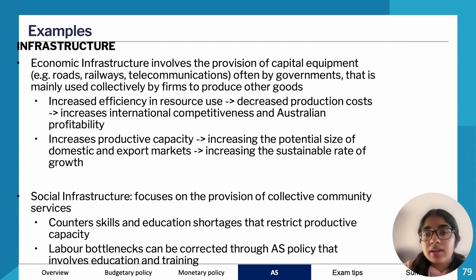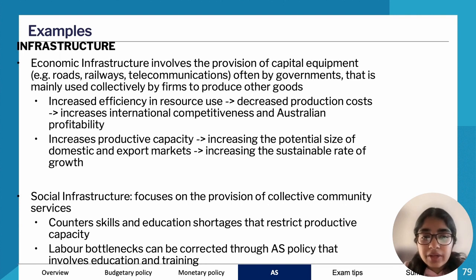So a new road connecting Melbourne to Sydney that reduces the travel time would make transport very efficient. Again, it helps make it more efficient. It decreases production costs. Let's say you're having a driver deliver goods. They're driving on that road from Melbourne to Sydney, and it now takes less time. That means you can also pay them less, so you reduce production costs. And that increases our productive capacity.